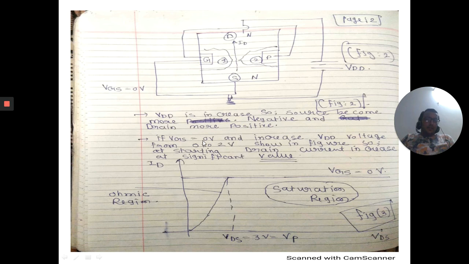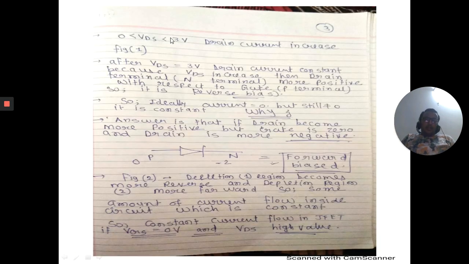If VGS equal to 0 volt and we increase the VDD voltage from 0 to 2 volts, see this figure, then the drain current can be raised significantly. It can be increased linearly. So from 0 to 3 volts the drain current is increased. But